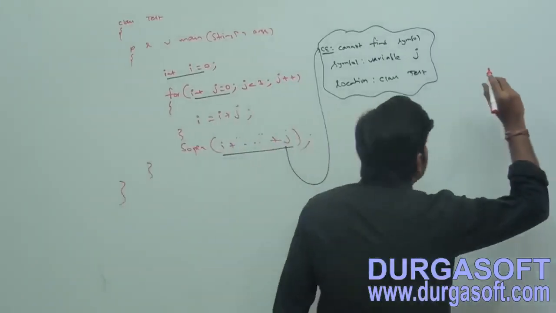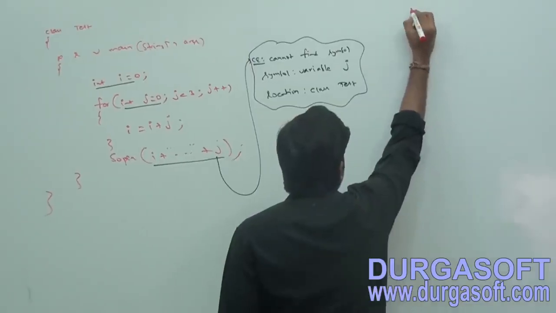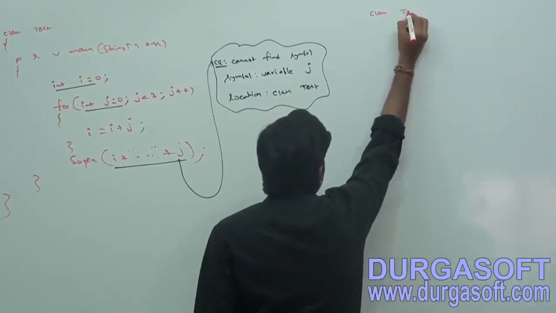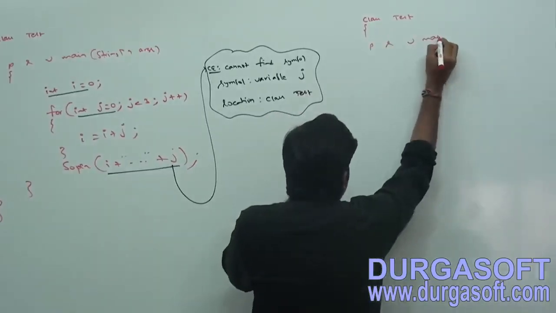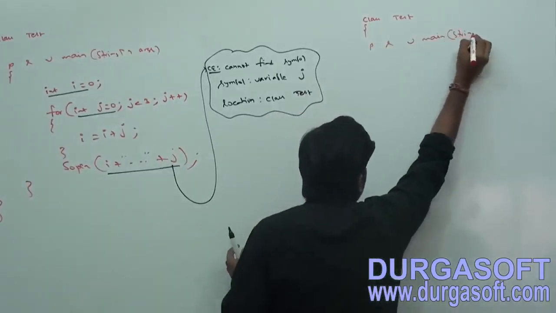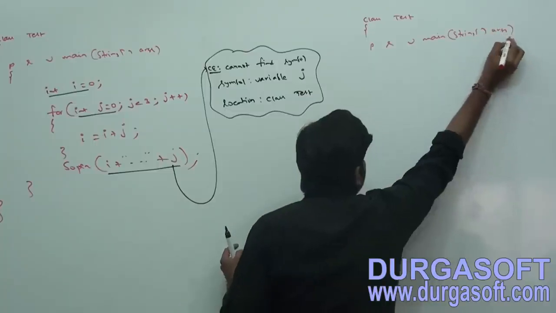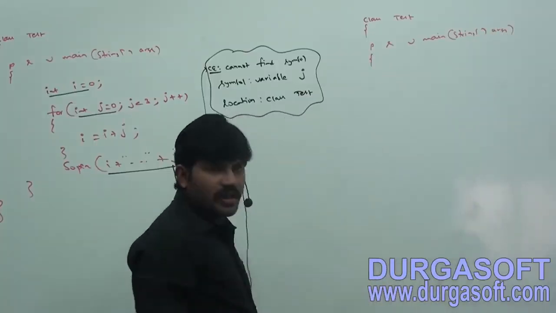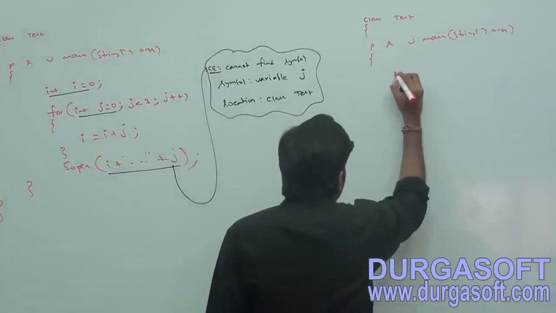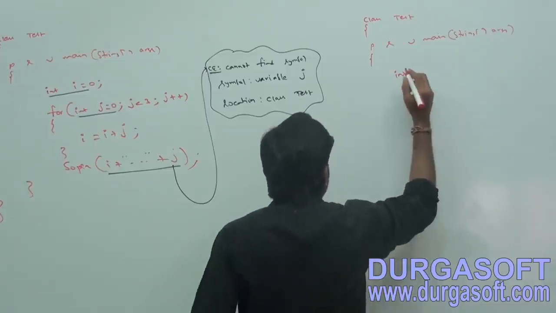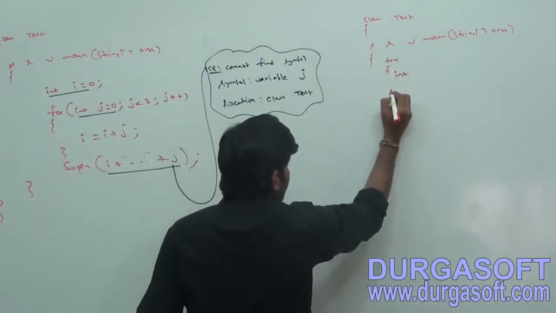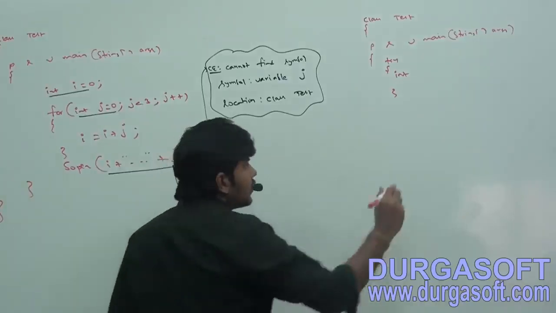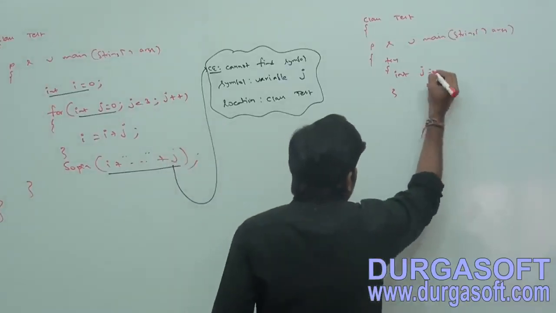One more example, class test. Public static void main, String array args. Here I'm taking int j, sir, in a try block. Try block. int j is equal to